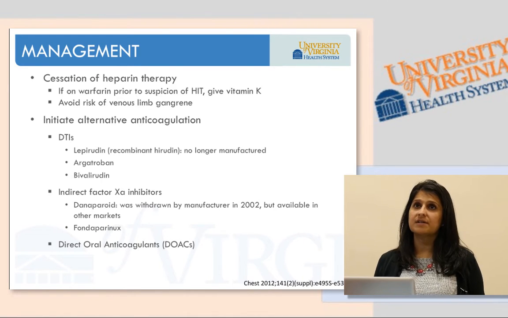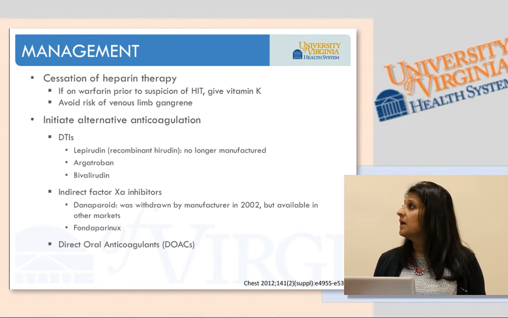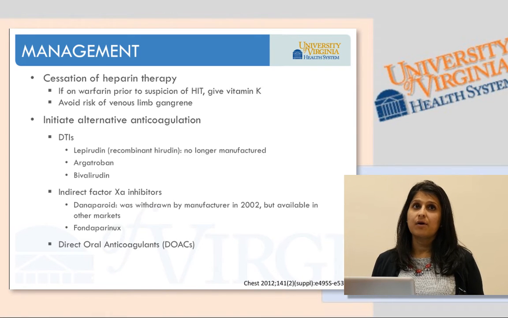We can think about indirect 10A inhibitors. There's danaparoid, which was withdrawn from the market in 2002. It is only available in Canada at this point that I know of, and actually Canada uses this as their first-line agent for management of HIT. And the other agent we have is fondaparinux, and then the one other category we're going to talk about is